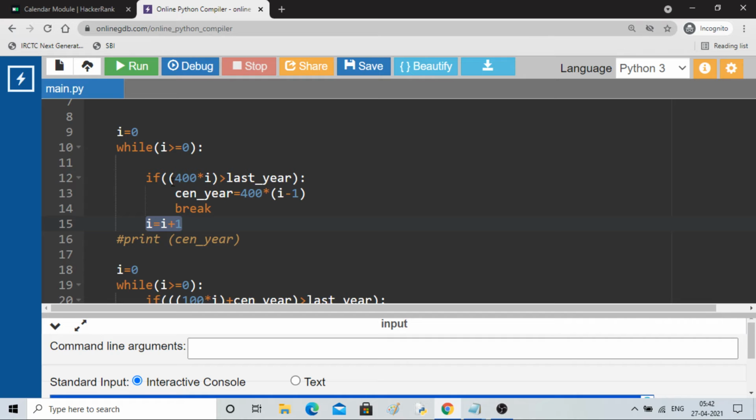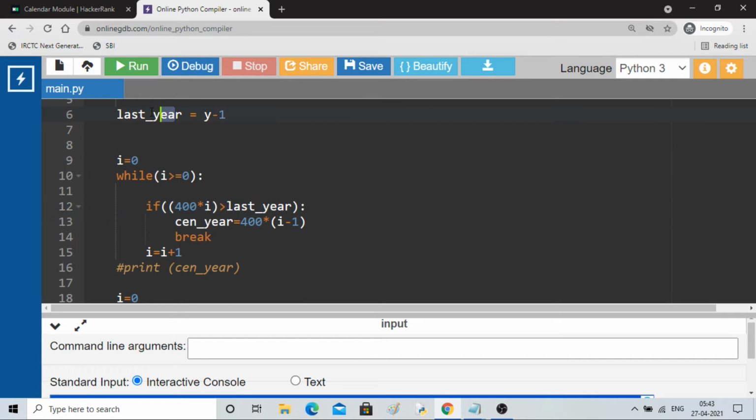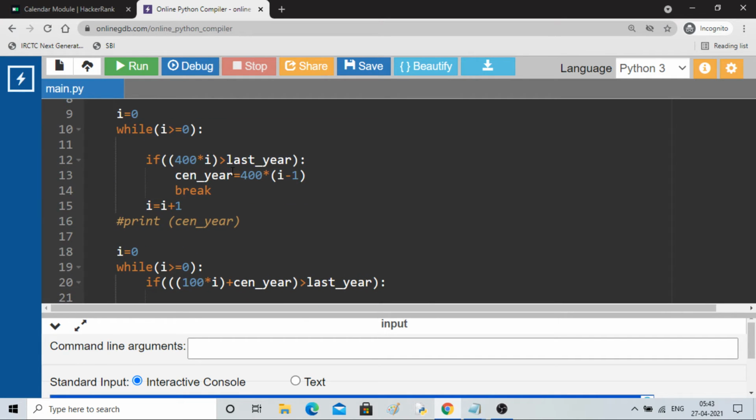It keeps running until this value, 400 into i, becomes greater than our last year, which is one less. Once this condition is passed, inside it will take i minus 1 into 400, which will be our century year. Here we are not getting any odd days because century years, which are multiples of 4, do not give us any odd days.